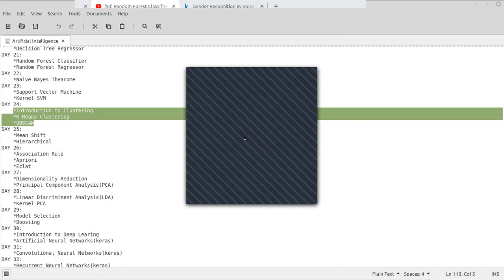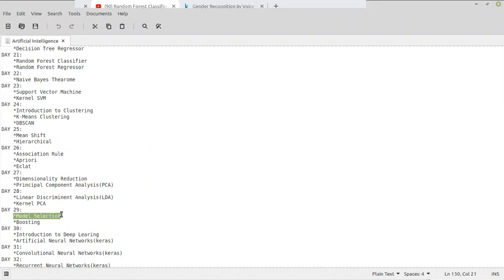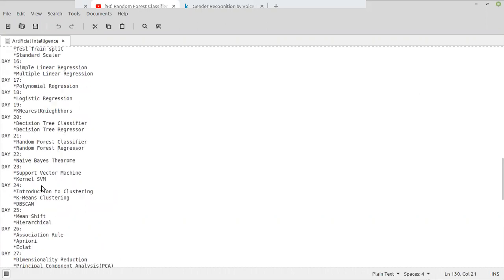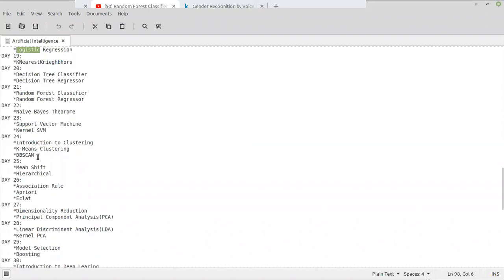Yeah, one person said that, related to data, different models work differently as per the data. Yeah, you are right actually. In day 39 you can see the model selection. Model selection means we select an appropriate model for the data. If the data is changing, the model performance also will change. So we'll select an appropriate model for the data. That's why we have too many algorithms here. So you can select whatever you want for that data. For example, if the logistic regression is giving high accuracy, then you can use this algorithm.